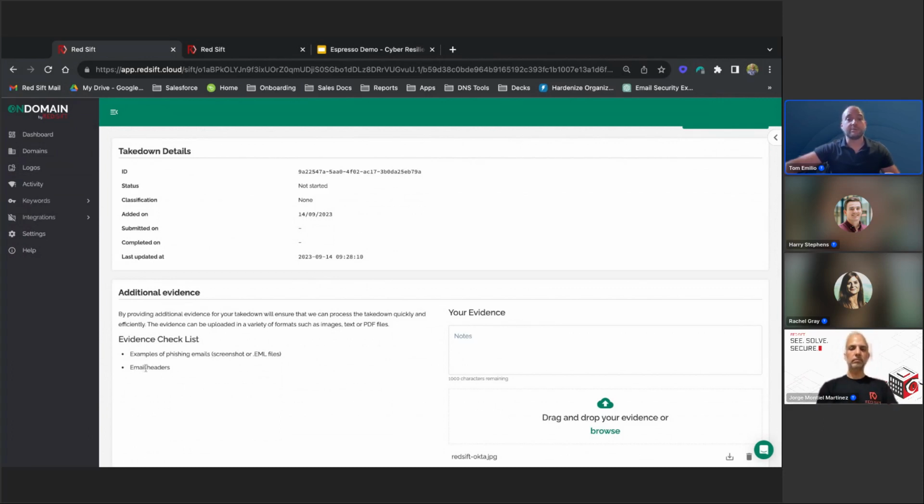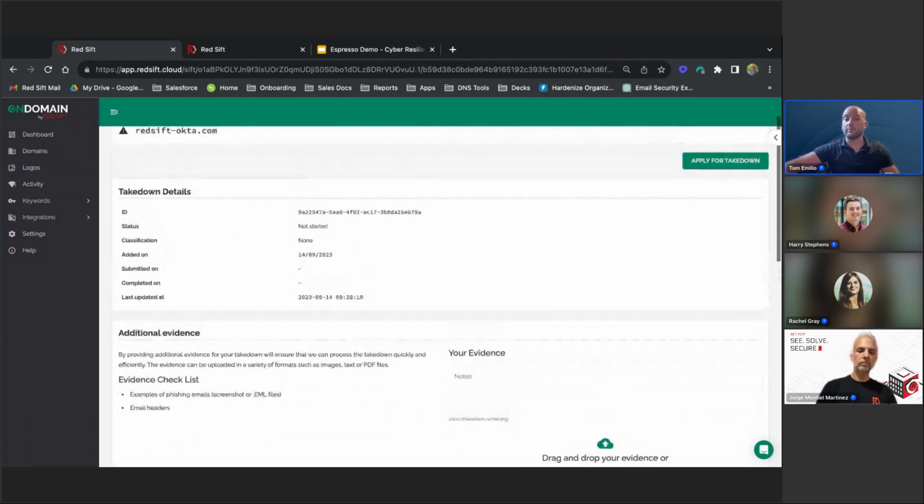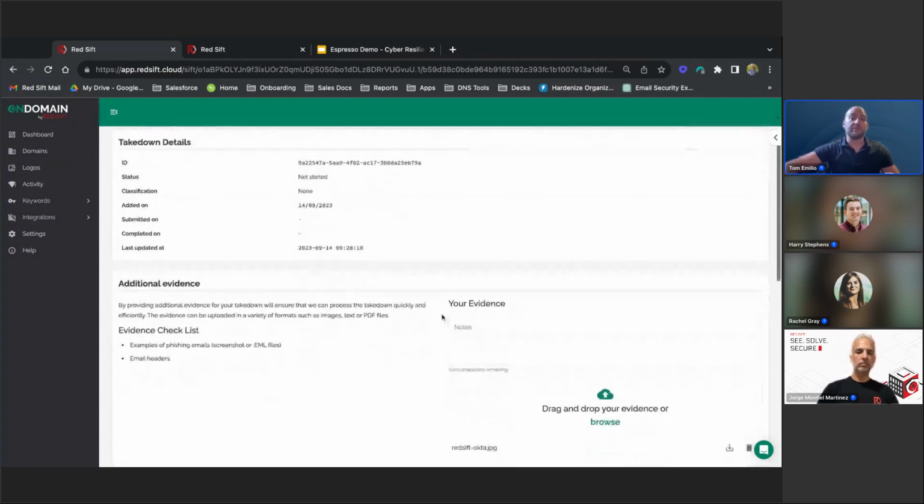We have a spam trap network integrated into the on-domain solution where we can see if those lookalike domains are sending mail and actually sending to any of the spam traps in our network, right? So the point here is, yes, we can detect them, but we also work with a partner to submit those